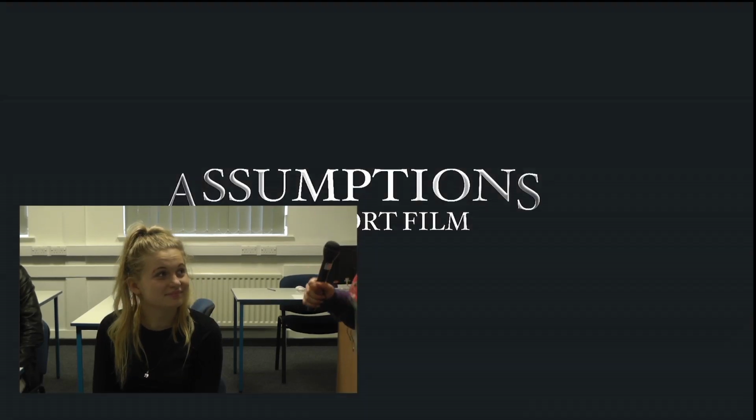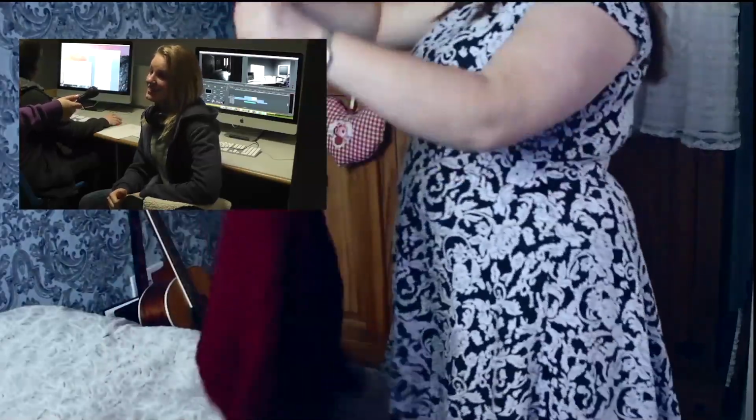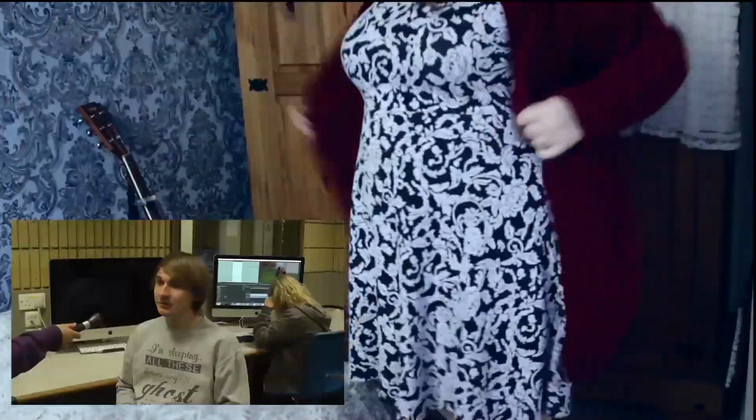What are some of the conventions of short film? They're usually quite simple. They have quite a simple plot, so they're quite easy to understand. They have a lot of non-diegetic sound, and also you don't usually find there's much dialogue in them. People usually use a soundtrack rather than a speech. They have a low budget. They consist of not many actors, and there's a twist at the end.